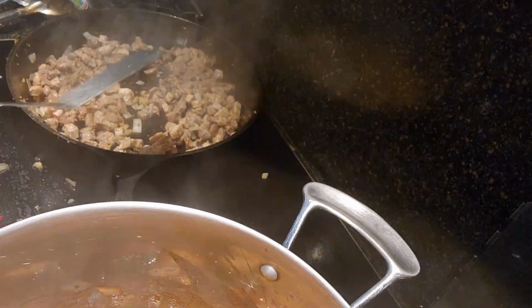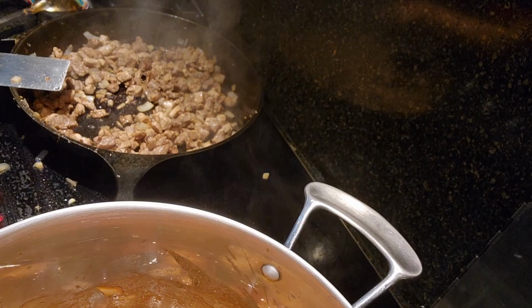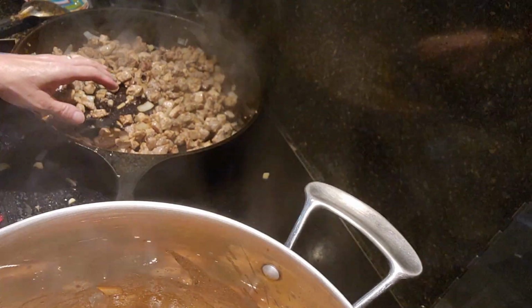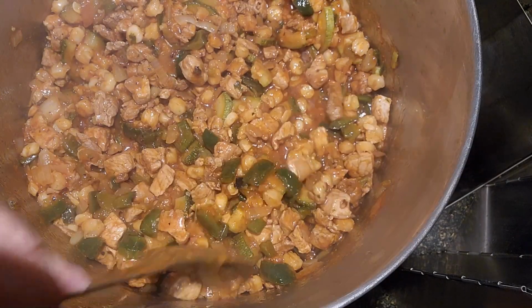Okay, so this meat is looking good, nice and brown, and I'm going to transfer it to my very large pot, and then I will cook up the rest of the pork and onions and garlic the same way and add it to this pot. Now I've put the rest of the pork in here, and I'm stirring this up, and it smells absolutely delicious,